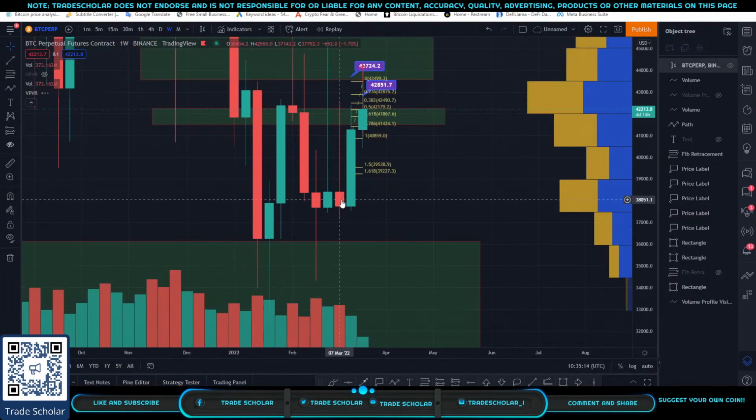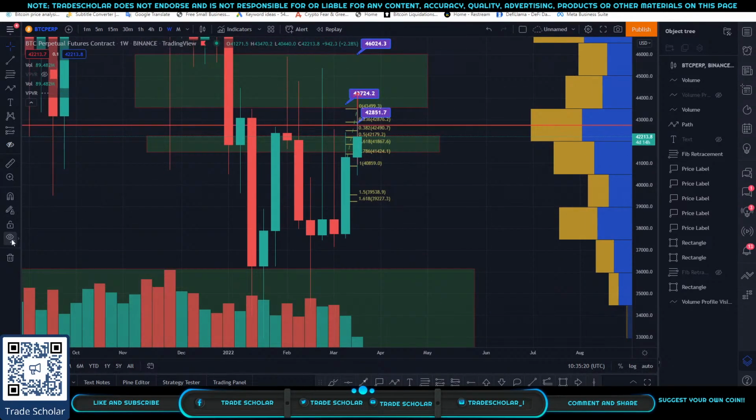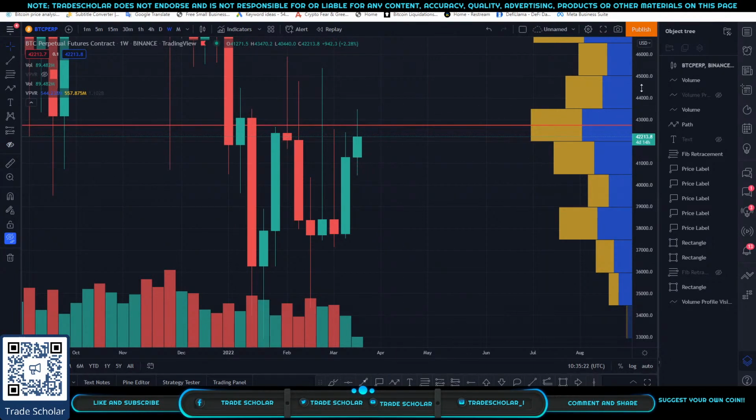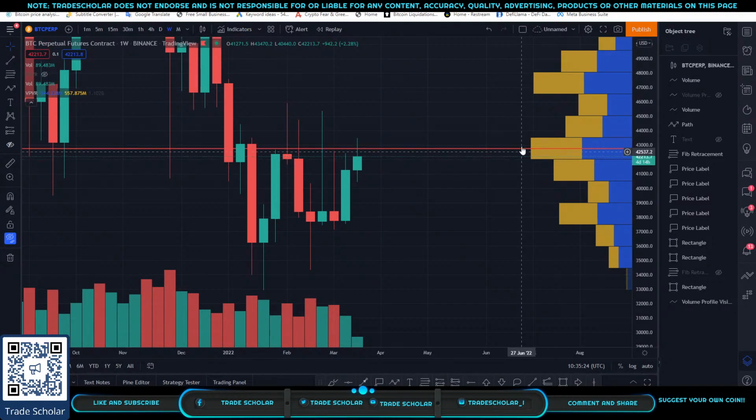Because we have printed a bullish engulfing. Okay, small red, big green. So this one is another bullish pattern right here. And we are experiencing a resistance area in this level up to